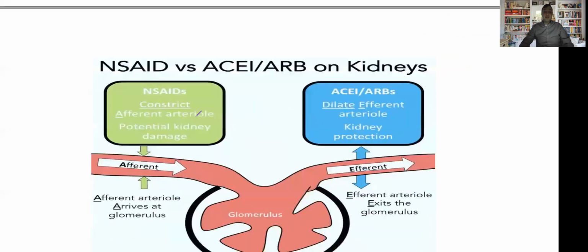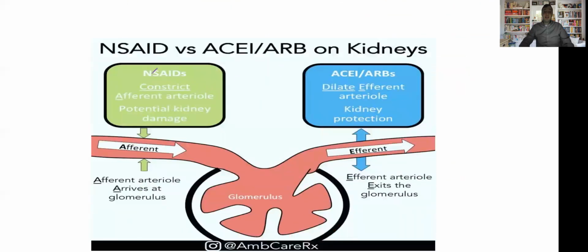So this is very important. This is the NSAIDs and ACE inhibitor. The NSAIDs are affecting the afferent arteriole. They cause constriction of the afferent arteriole and potential for kidney damage. The ACE inhibitor dilates the efferent arteriole. It can cause kidney protection in healthy